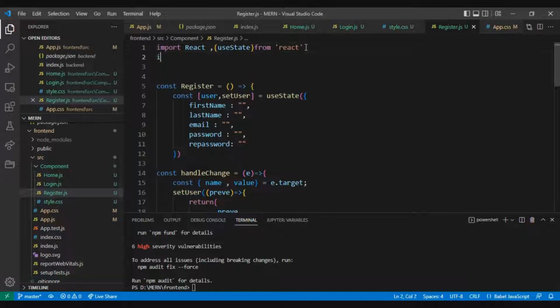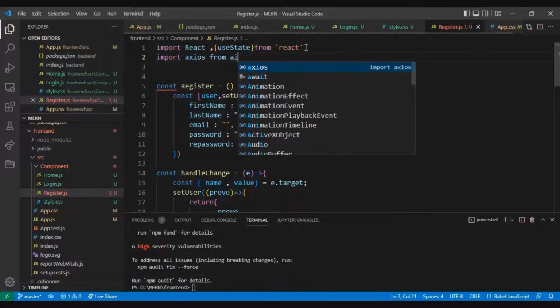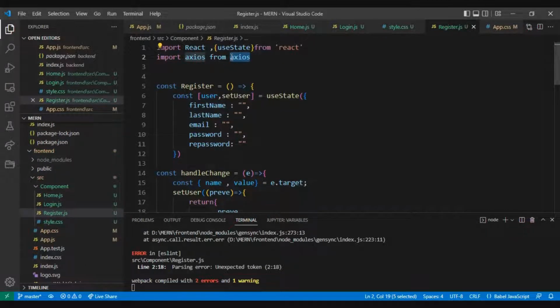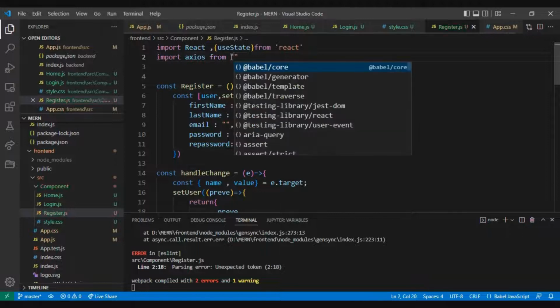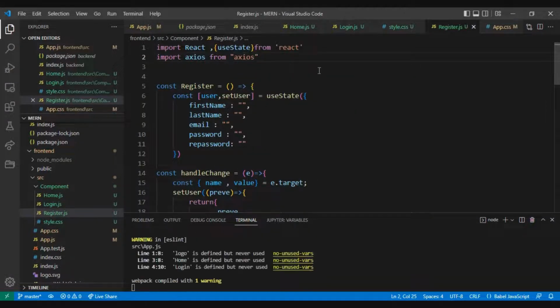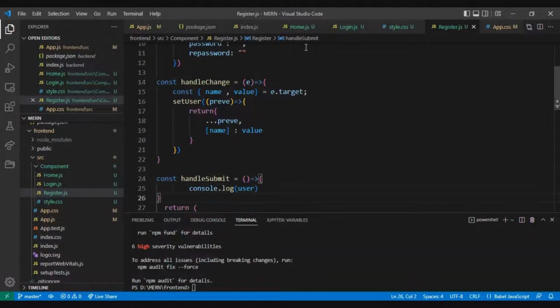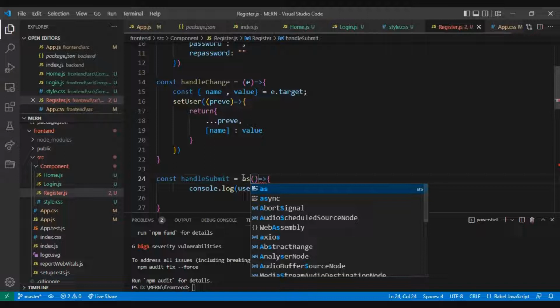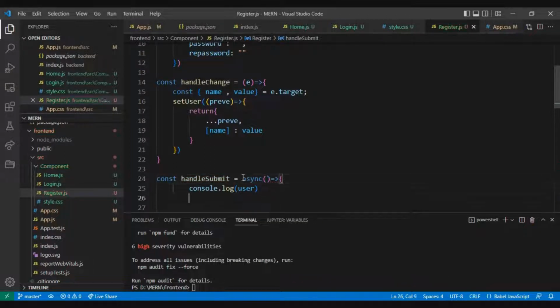Here import axios from 'axios'. This is in the form of a string. Let's comment this, and now for that we use async. Here we give async, and here await